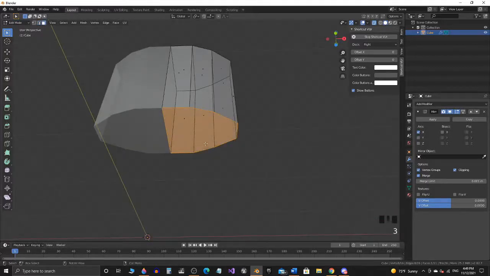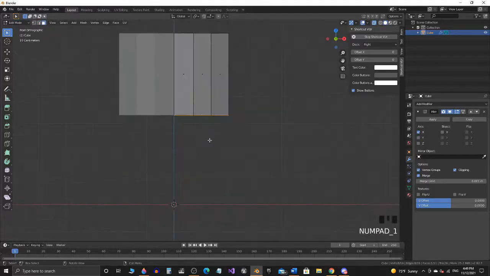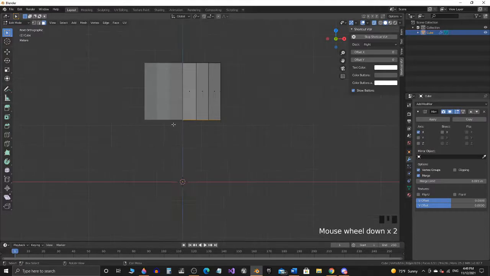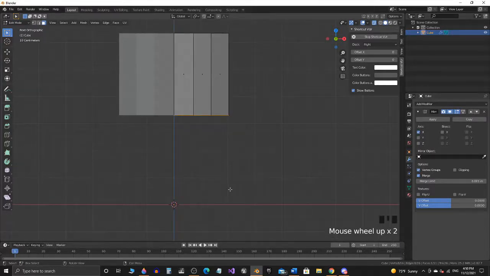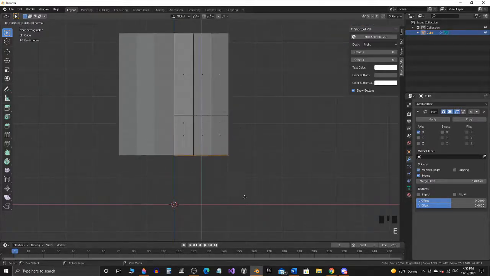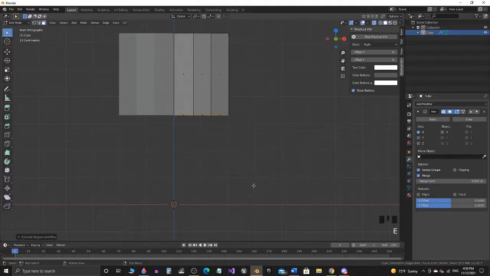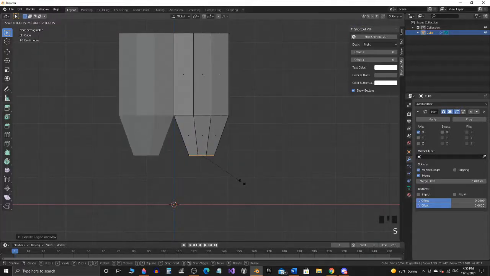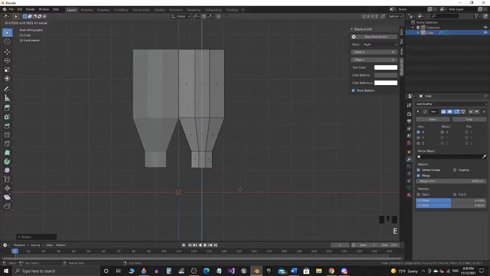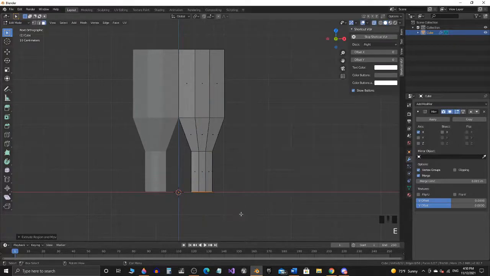Now press 3 and I'm going to use the extrude tool, and also make sure to uncheck the clipping box because now we don't need to keep them together since we are working on the leg part. I pressed the wrong button again. E, left click, S, scale it down, E, that's good,